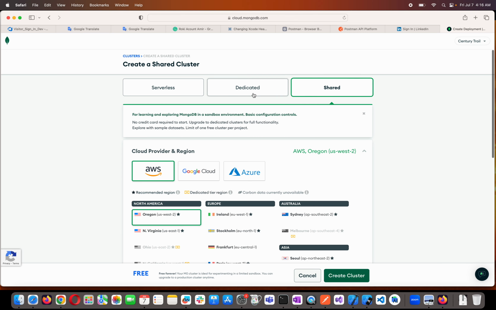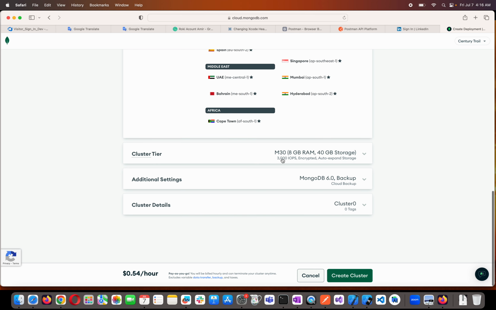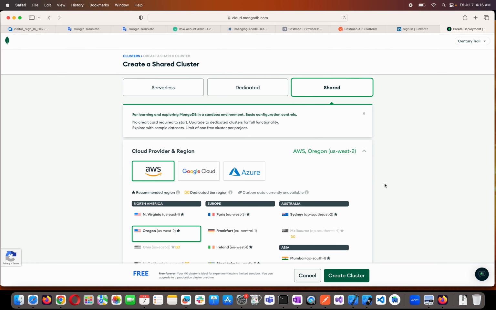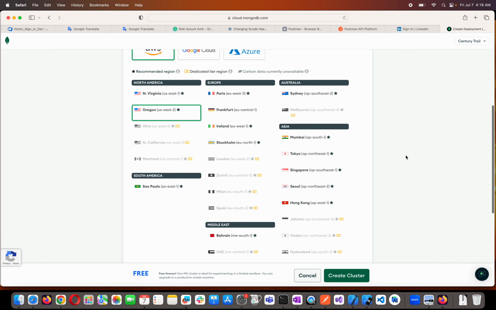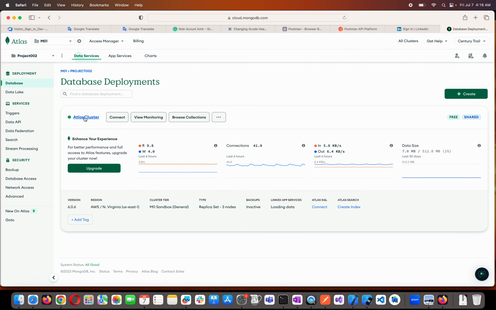If you want, you can go for more expensive and better tiers with more CPU speed and storage. So you can start from free, and when your business starts growing, you can upgrade it to whatever you need based on your business improvement. So let me go back to my clusters, and here I'm going to go to App Services and